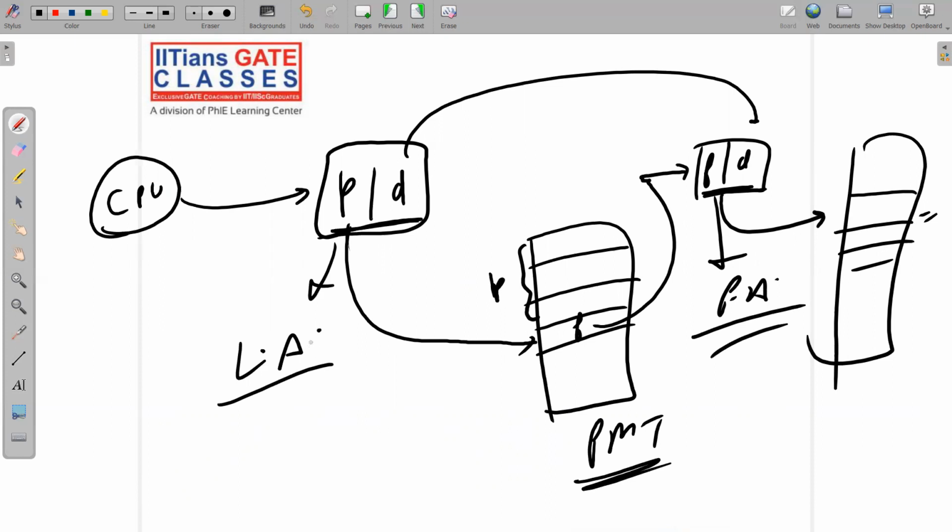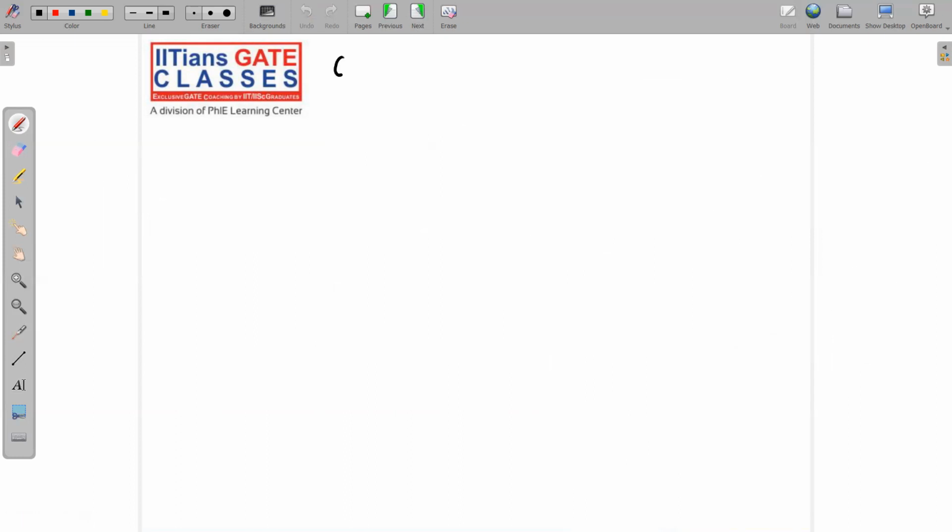Now from here we will try to derive a few formulas, and I will tell you what type of questions will be asked in GATE regarding this. Let me jump to the next slide, take the snapshot. I will write all the questions one by one. So assume